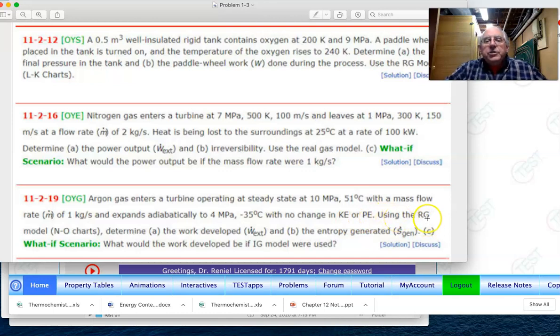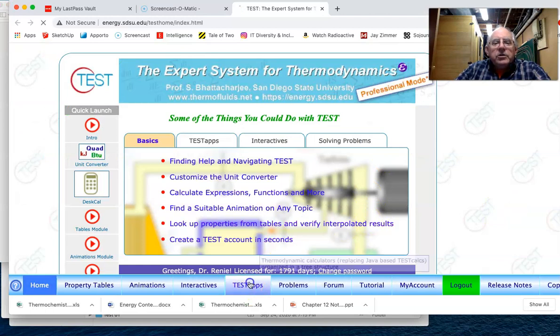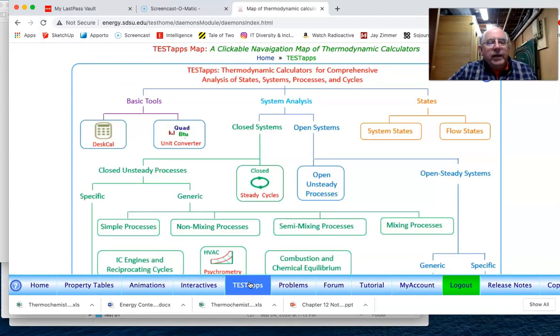We are being asked to use the real gas model, this time the Nelson-Obert charts, and to determine the work developed as well as the entropy generated. And then the what-if scenario is to see how the answer would change if one had selected the ideal gas model. And so for this particular problem, we then go into our test apps